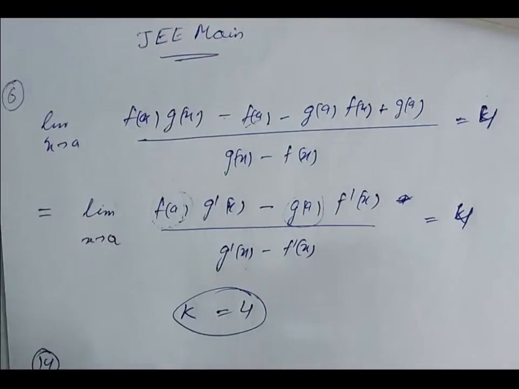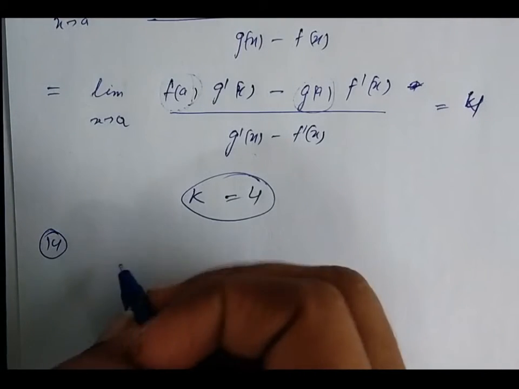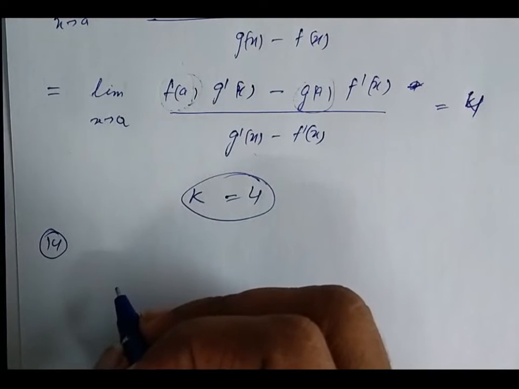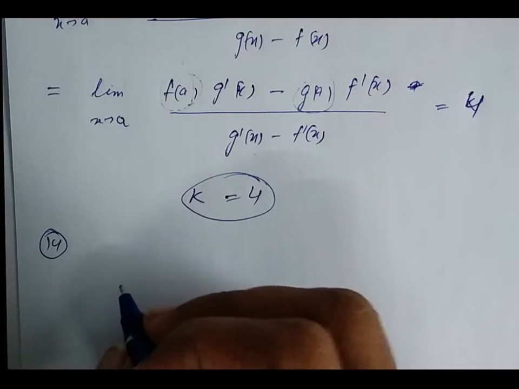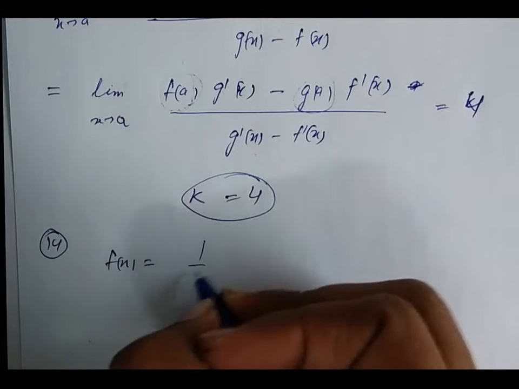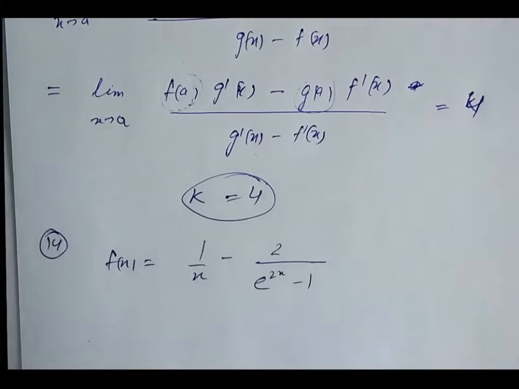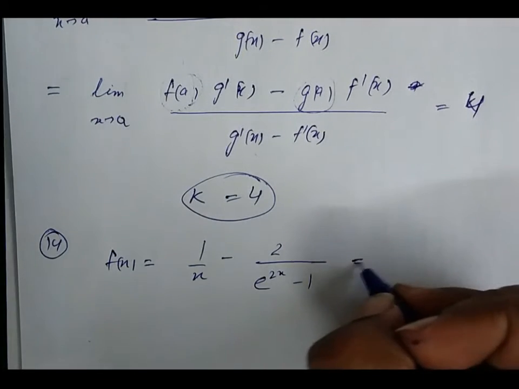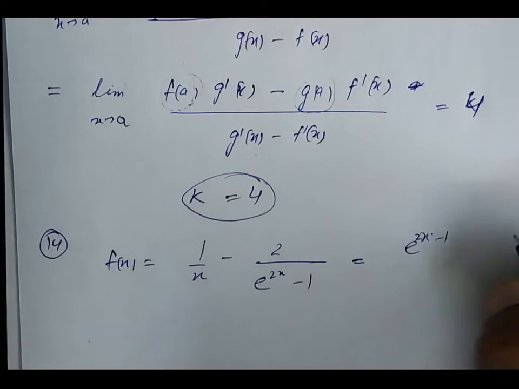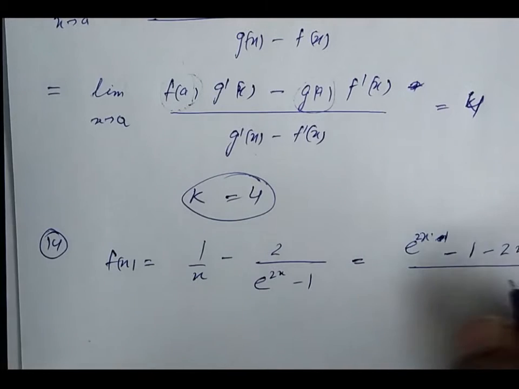Moving to next question, question number 14. We have given f(x) is equal to 1 by x minus 2 upon e power 2x minus 1, can be made continuous at x is equal to 0. So let's take LCM first. So it will be e power 2x minus 1 minus 2x upon